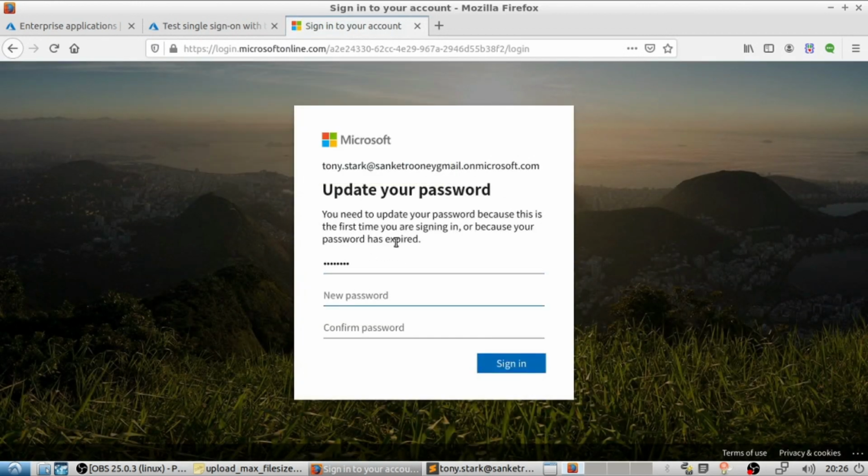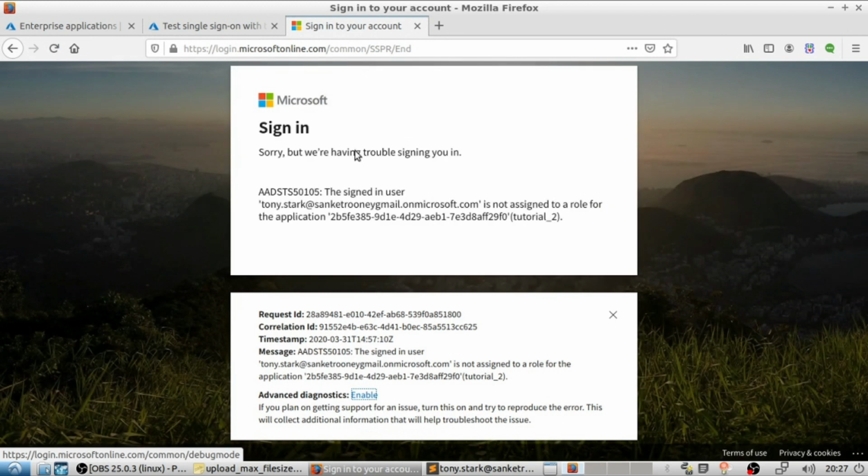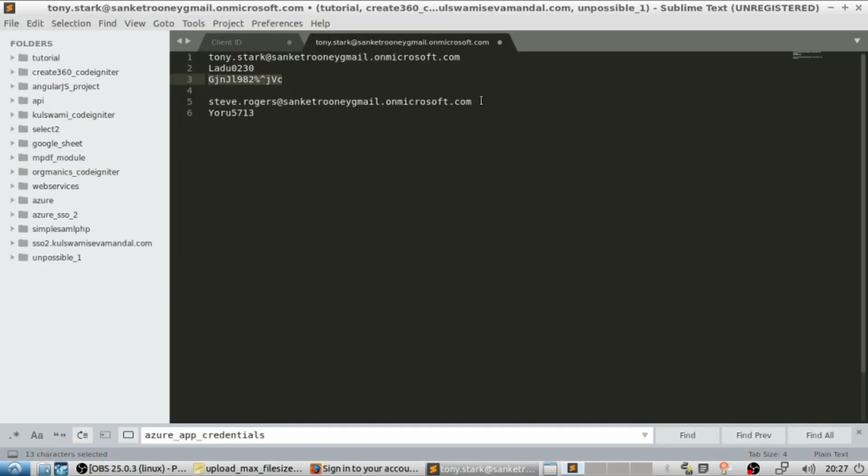They ask me to change the password because we are using the default password, but still it will not redirect me. Let's try using the Steve Rogers account.